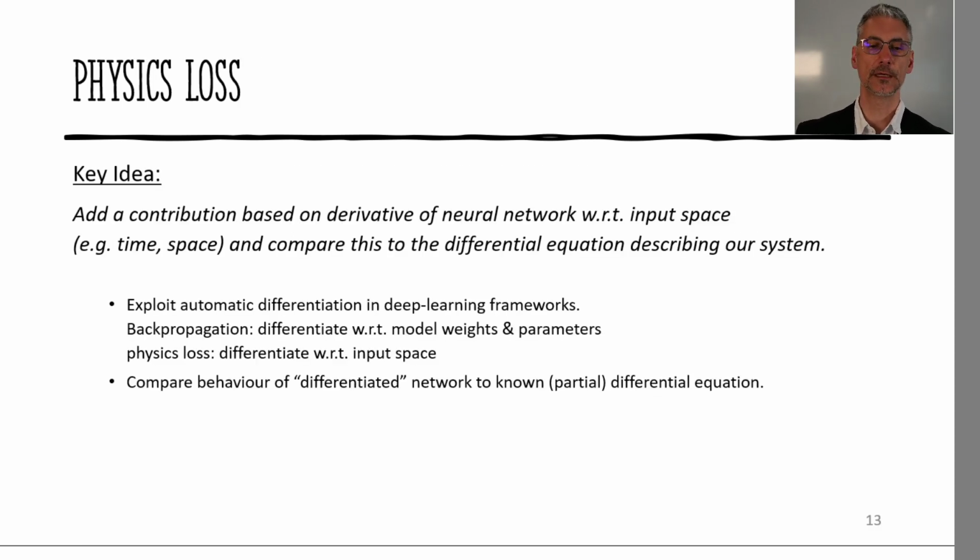Right. So the key idea is, again, to add the contribution based on the derivative of a neural network with respect to the input space. Right? So this is how we encode the differential equation and compare this with the differential equation of the system. How do we do this? It is actually a neat trick, because these modern deep learning frameworks are good not only at matrix multiplication, which we need in backpropagation, but also at automatic differentiation, which we also need for the chain rule and the backpropagation algorithm, if you remember. So we exploit this so we can take the derivative of the whole network